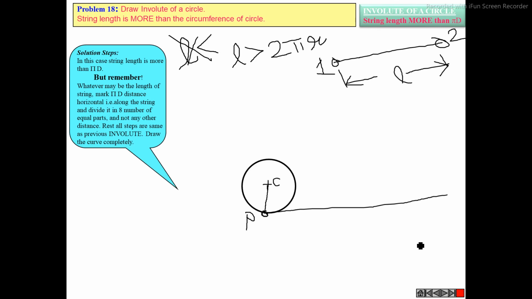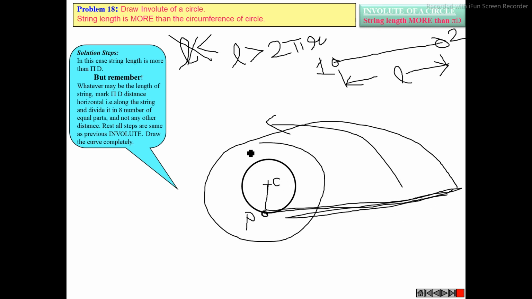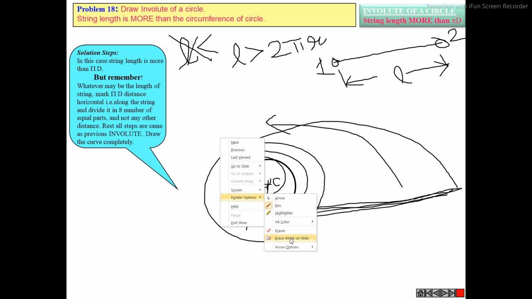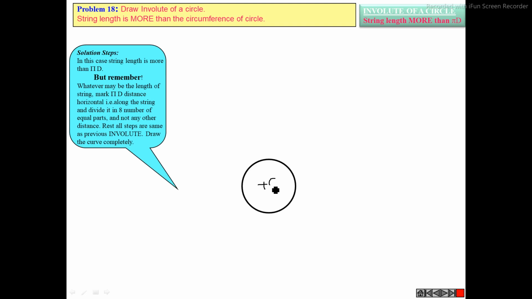On this tangent line, my length of the wire will lie because I am wrapping the wire like this. This is the wire. Now this wire I am wrapping over the circle like this. Yes or no? Yes, sir. That means on this initial tangent line, my length of the wire will lie somewhere. Yes or no? Yes, sir.